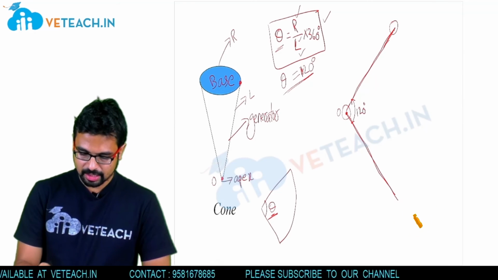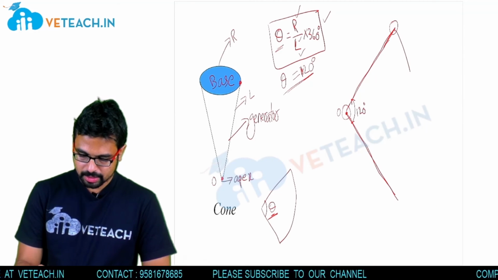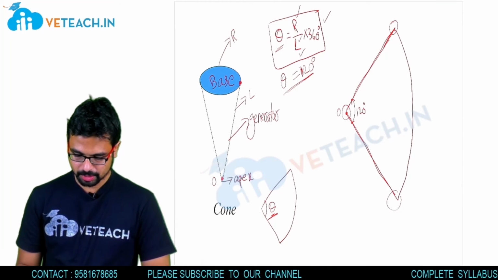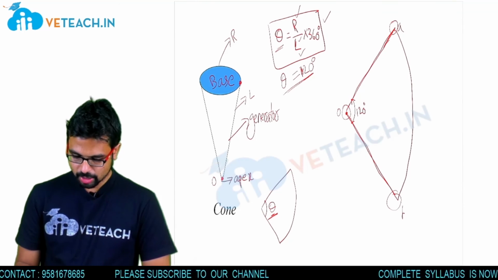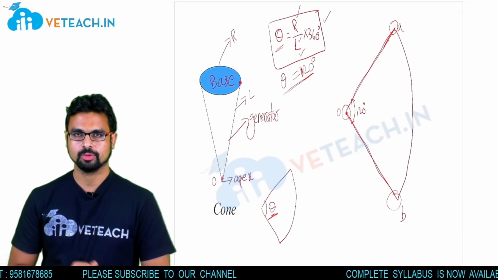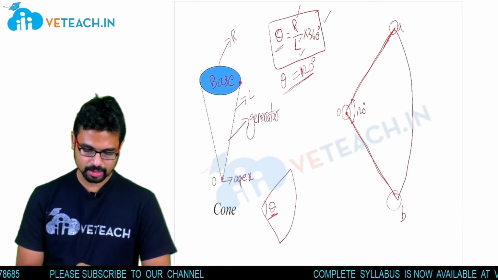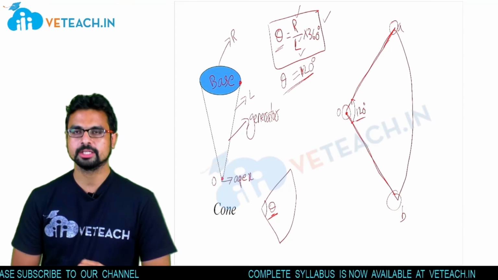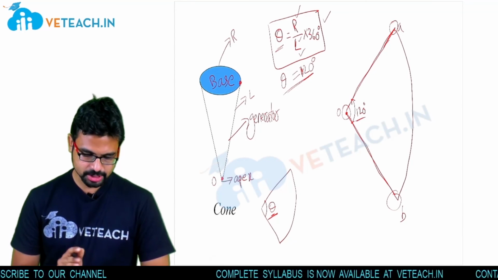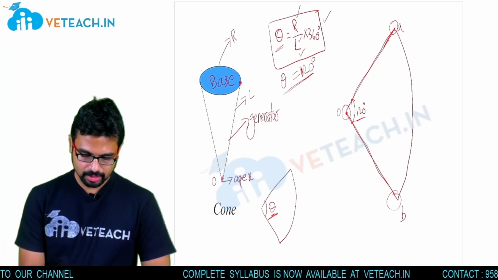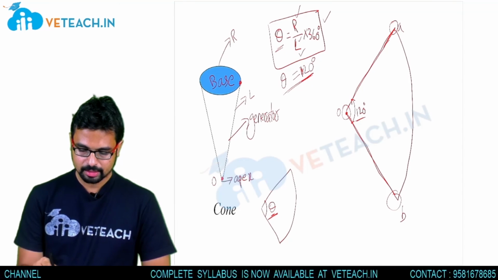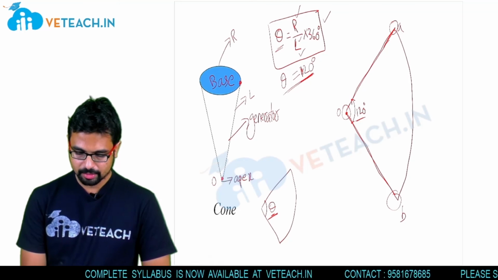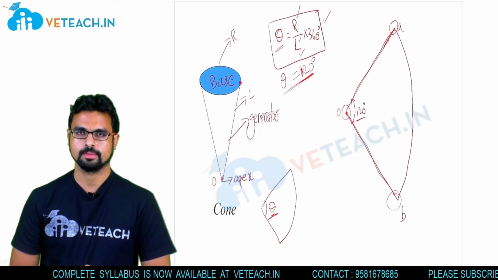Just draw a sector with center O, an arc joining this point to this point. We can call these A and B. Join A and B with the center O. So this is the procedure for how we can develop the cone by using the angle theta. Theta is nothing but the sector angle, isn't it? If we obtain this sector angle, we can easily draw a development of a cone.